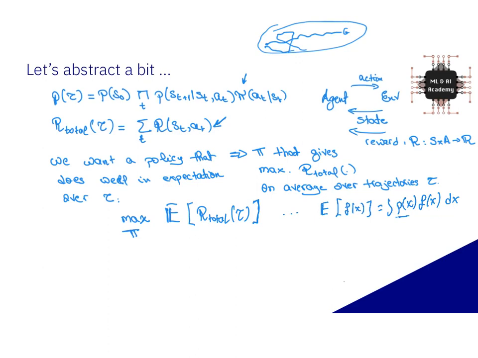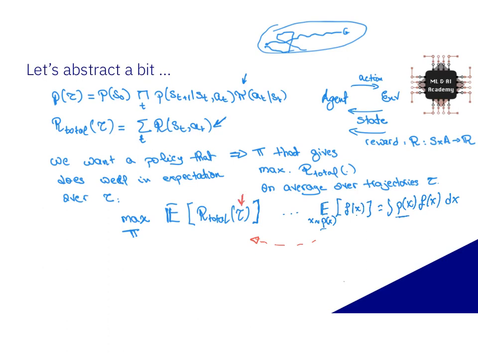So when I write the expectation of f of x, with x sampled from p of x, I mean nothing but this definition. I mean that this is the expectation of f of x, where x is a random variable coming from p of x, which is nothing but the integral of p of x f of x dx. So to take this notation to our scenario here, tau